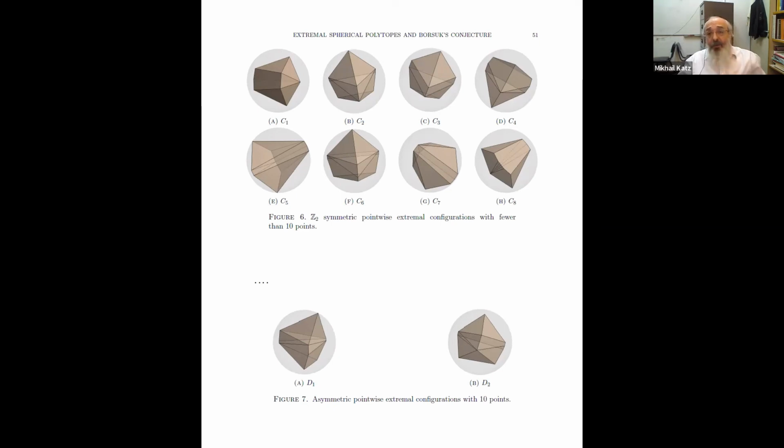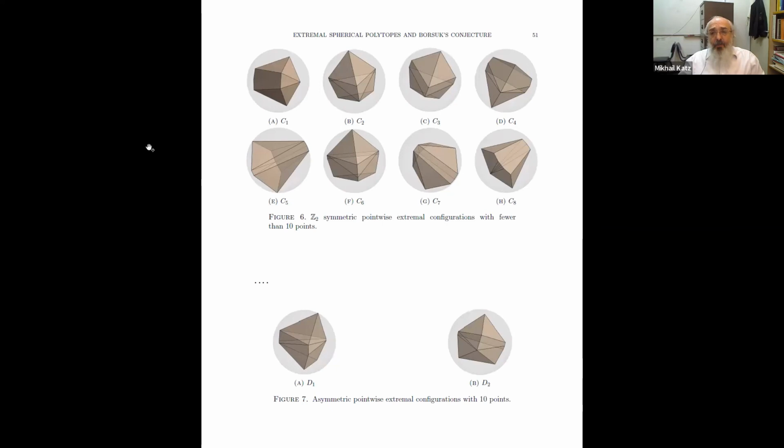And they are all local minima of the diameter. Here we have two configurations which actually have no symmetries at all. These have fractional symmetry, so these are curious looking configurations. You get these special polyhedra in 3-space, and even a couple that don't have any symmetries at all.